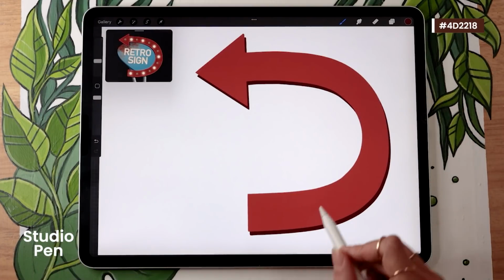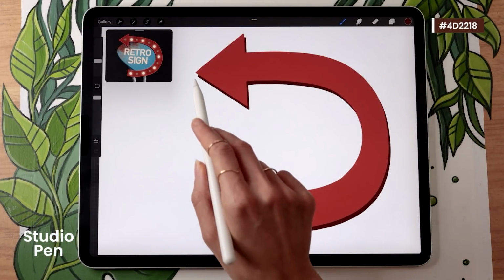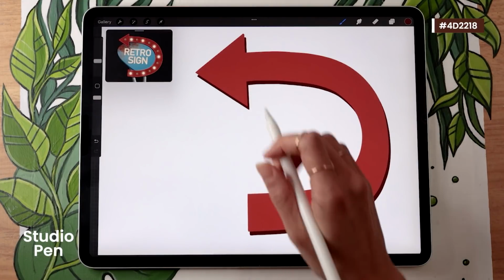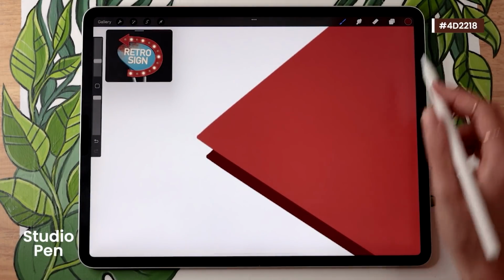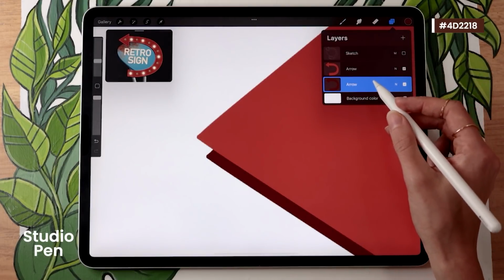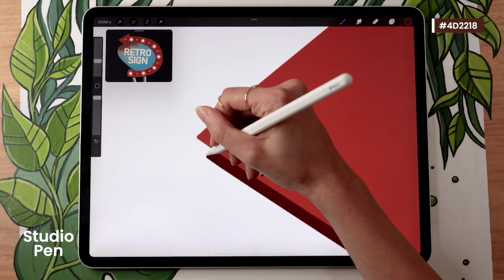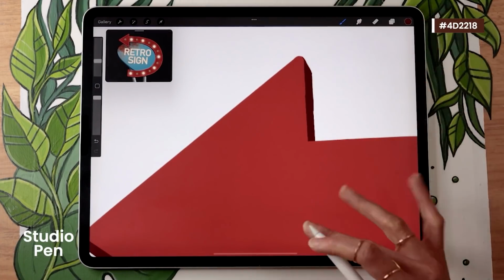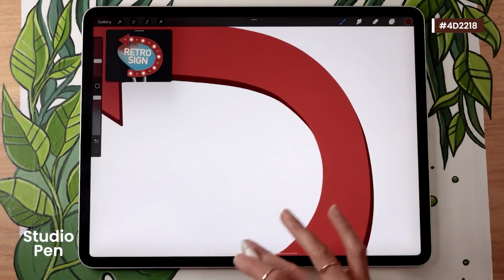Now we can already see that there's a little bit of thickness, but there's some gap as well. This looks more like a shadow than thickness. So we're going to need to manually connect the little gaps right here. With the same brush, same color, making sure that we are on the bottom layer, you just need to go over and fill in any weird gaps that you have, mostly on corners and very intense curves.